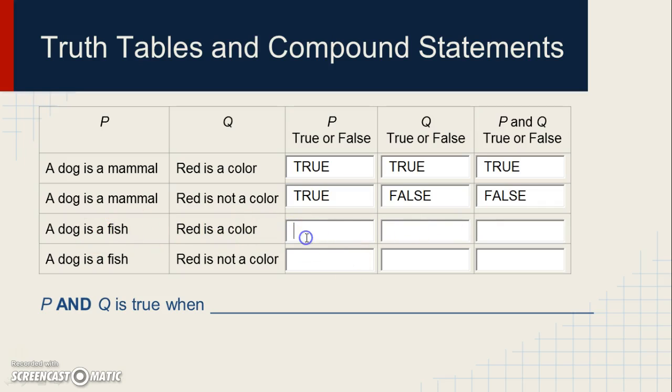A dog is a fish. That's false. Red is a color. That's true. Are they both true? They are not. This is a false statement. A dog is a fish. That's obviously false again. Red is not a color. That's also false again. So are they both true? No, they're both false. So P and Q is true when